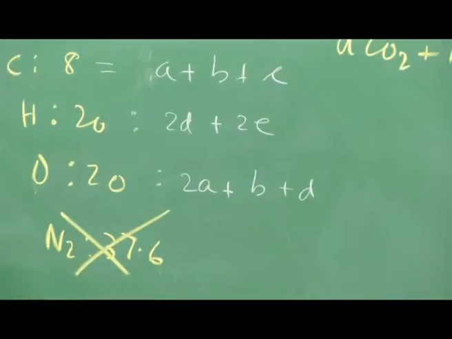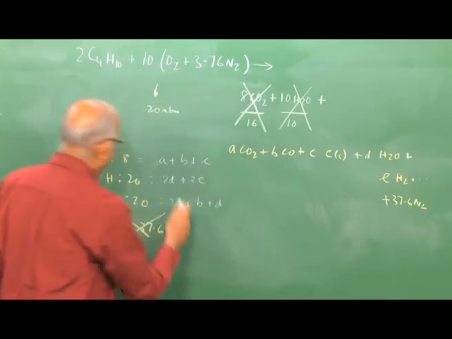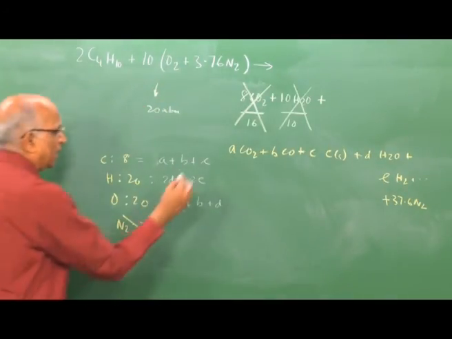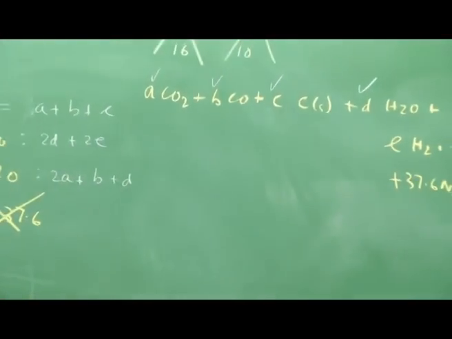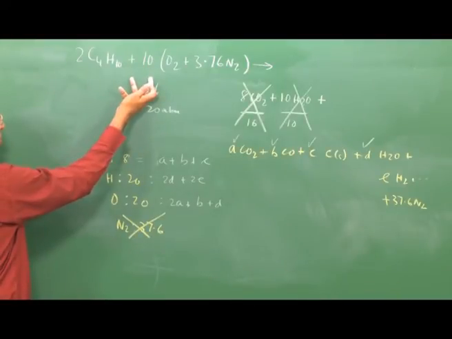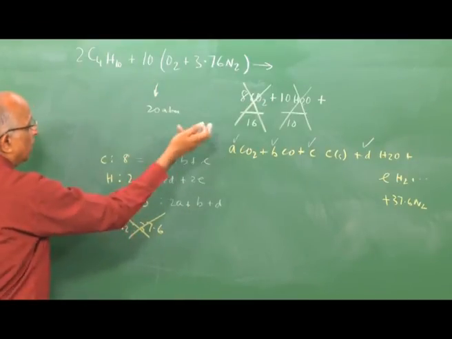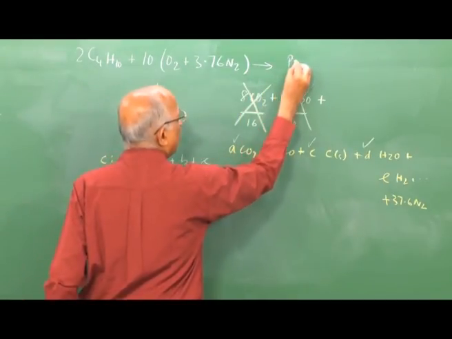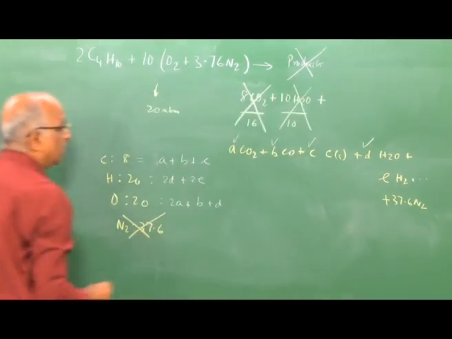Therefore, what is it? I have unknowns, which is 1, 2, 3, 4, 5 unknowns. I have only 3 equations. There is no way I can determine the moles in the product. Therefore, it becomes difficult for reactions in which the equivalence ratio is greater than 1, or fuel rich reactions, to determine the moles of the product. I cannot determine the products. I have no way of simply balancing it and determining the products, and therefore, I need some more information.